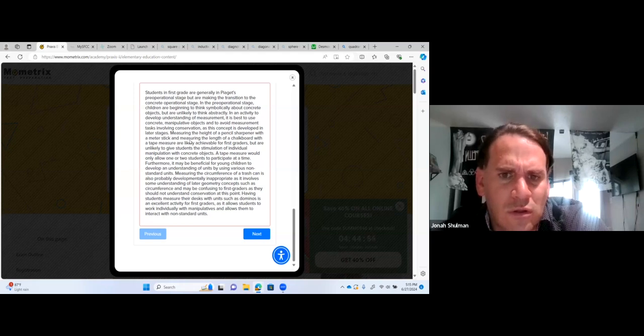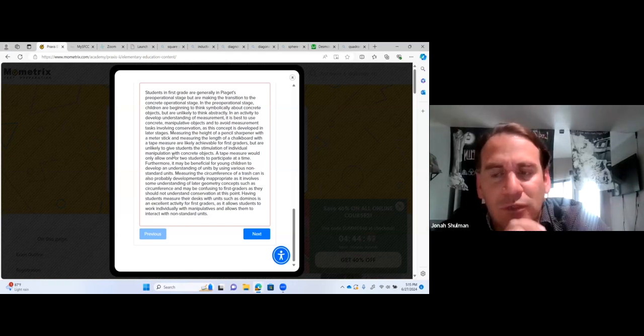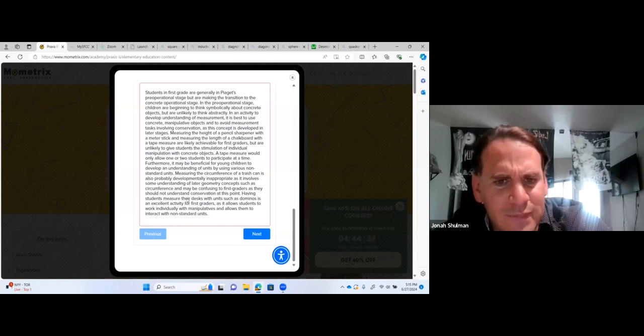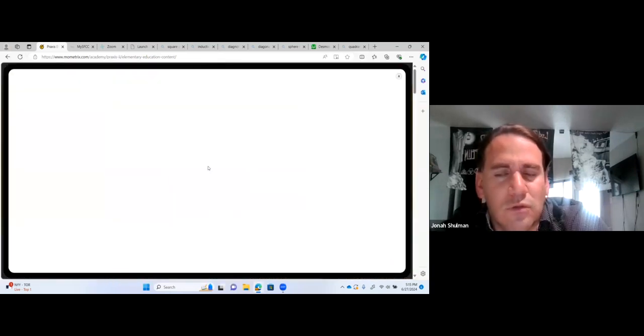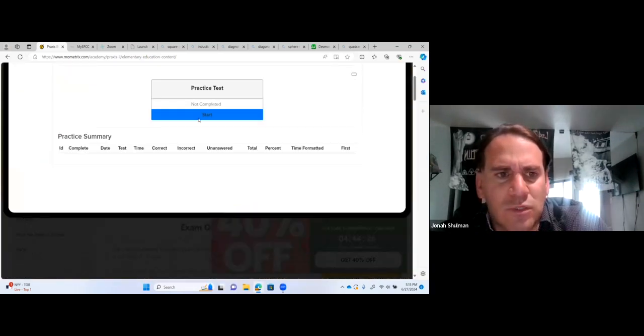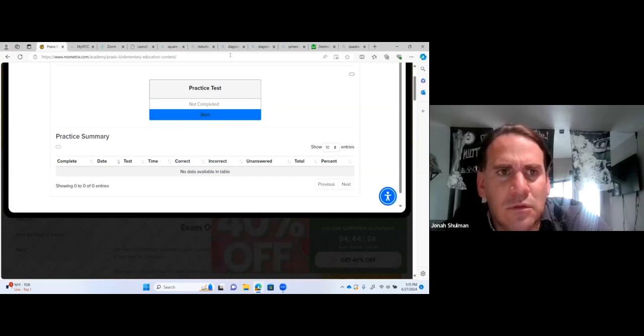Okay, so they want to use small pieces to create it without the actual markers. And I should have known it was wrong because the tape measure and the meter stick are very similar. Should always look for the one that's different. And the next one has geometry concepts. Okay. Oops. So like if you go back to it, I think that was the last one I missed.